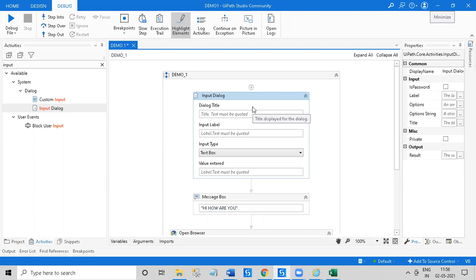Once we run the bot, the input dialog will appear, and here in this input dialog we pass all the information. That information is passed to Naukri.com, and according to that it fetches all the data. Clear?